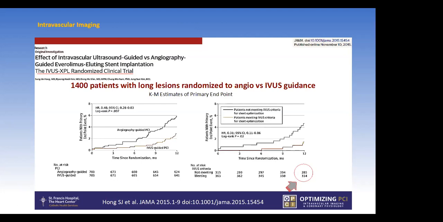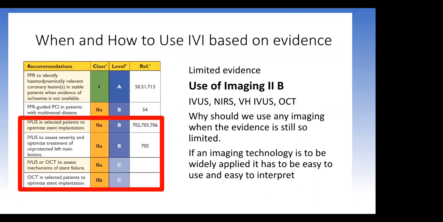So IVUS led to significantly improved outcome in PCI patients. AHA recommendations say that we should use 2A and 2B recommendation for the angioplasty